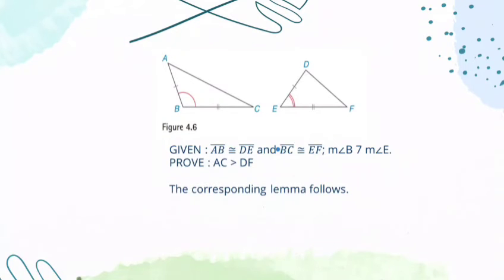Next, we consider an inequality relationship for the parallelogram. To develop this relationship, we need to investigate an inequality involving two triangles. In triangle ABC and triangle DEF of figure 4.6, segment AB is congruent to segment DE and segment BC is congruent to segment EF. If the measure of angle B is greater than the measure of angle E, then